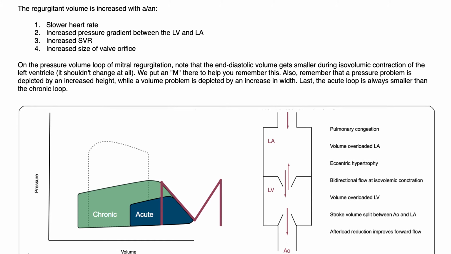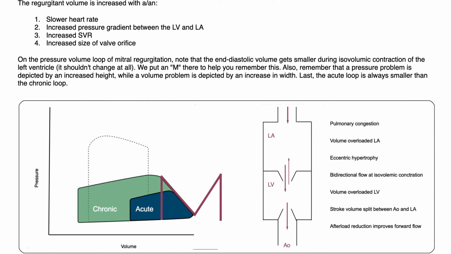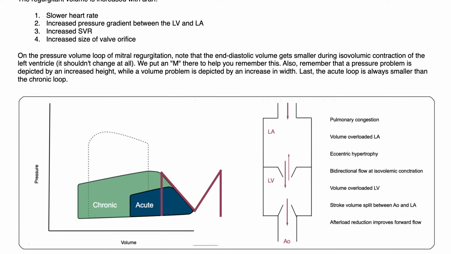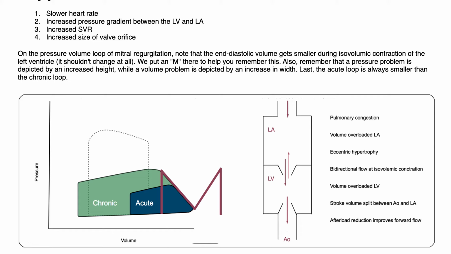On the pressure volume loop of mitral regurgitation, note that the end diastolic volume gets smaller during isovolumetric contraction of the left ventricle, whereas it shouldn't change at all. We put an M there to help you remember this. Also,